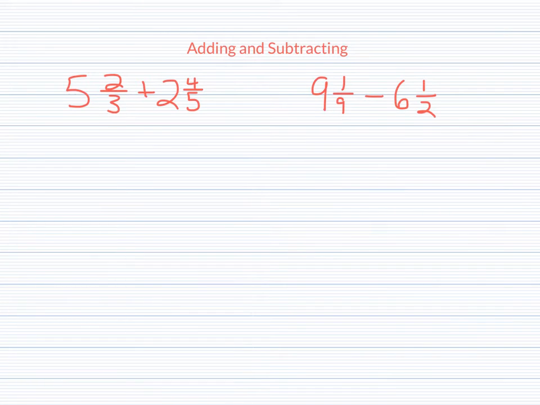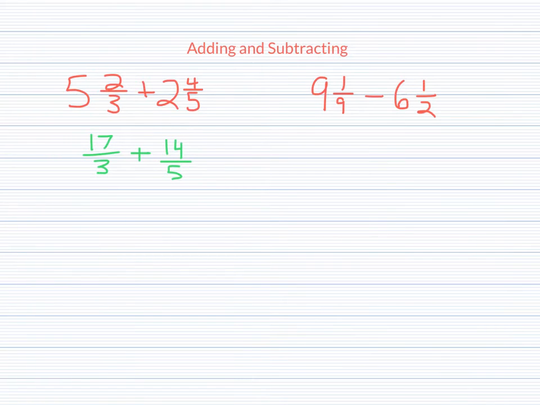Once we start performing some operations with these numbers, we're going to have a few more steps to perform, but the first step can always be the same. We can always turn them into improper fractions. So our first fraction here, we got 3 times 5 is 15, plus 2 gives us 17, so that will give us 17/3, plus, and we'll do the same thing here, 5 times 2 is 10, plus 4 is